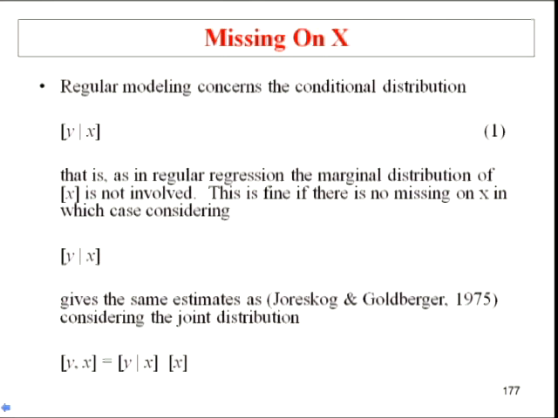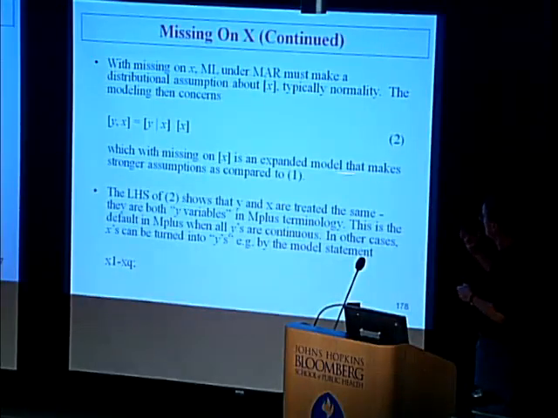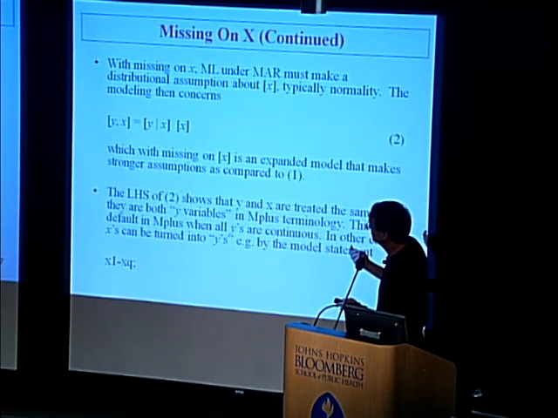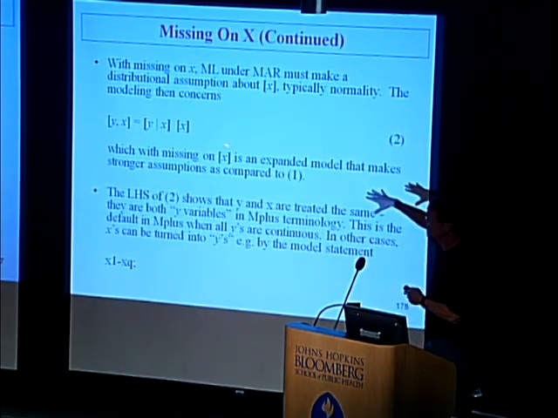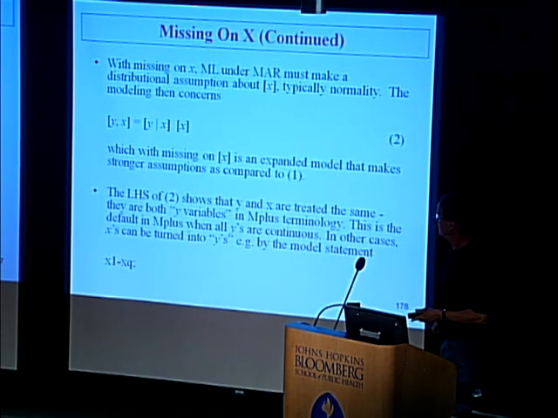With missing on X, continuing on the next slide, ML under MAR must make a distributional assumption about X. When you want to handle missingness, you have to make a distributional assumption, typically normality. So the modeling then concerns the joint distribution, both the conditional times the marginal. And with missing on X, that means that we've expanded the model, a model that makes stronger assumptions than the one we started with. It's a model that says something about the distribution of X as well. So you shouldn't do that lightly, but it could be done